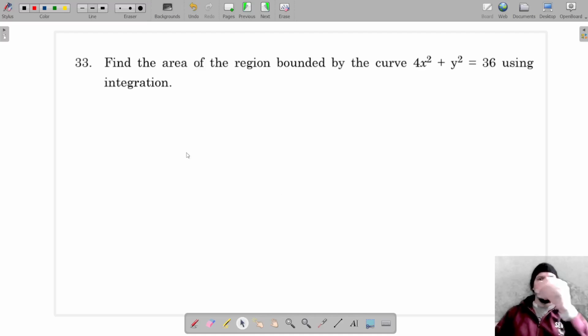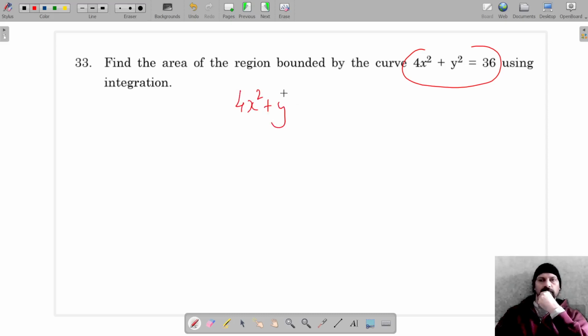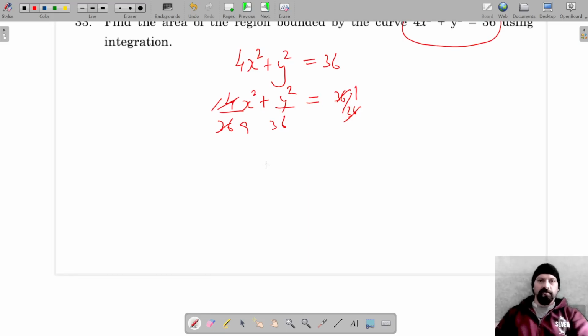Okay, for question number 33, we have to find the area of the region bounded by the curve. So this is the curve, and let's see what type of curve this is. Let me divide this by 36. So divide all the terms by 36. Okay, this is now 9. So finally, we have the equation of the curve x squared by 9 plus y squared by 6 is equal